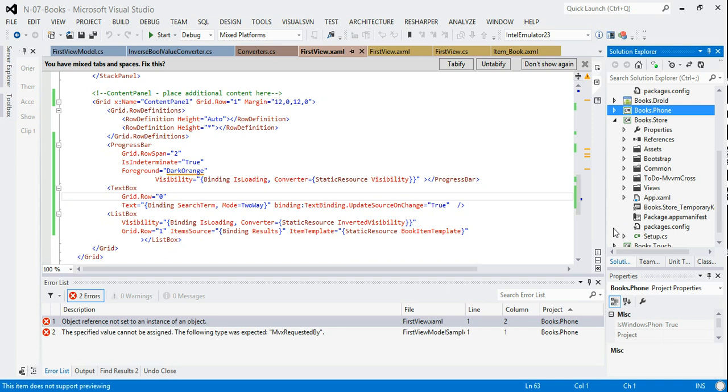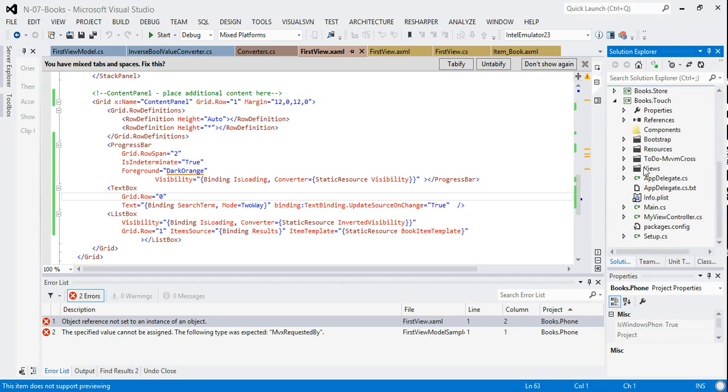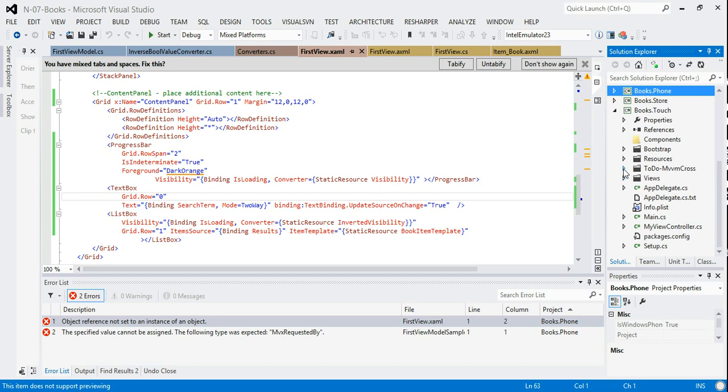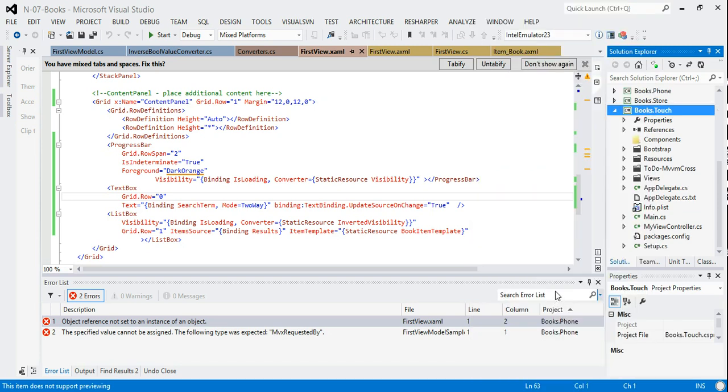I'm not going to take a look at Store because I think I spent long enough on this and it's quite an easy exercise. You'd have to do the same sort of things in the XAML for Windows Store. But I will look at Touch, and this is the version of Touch that includes the Zib. So let me just check that this is still running. So I set a startup project,